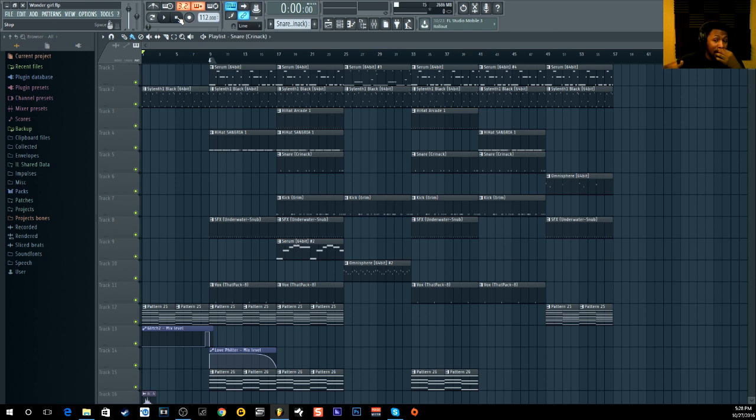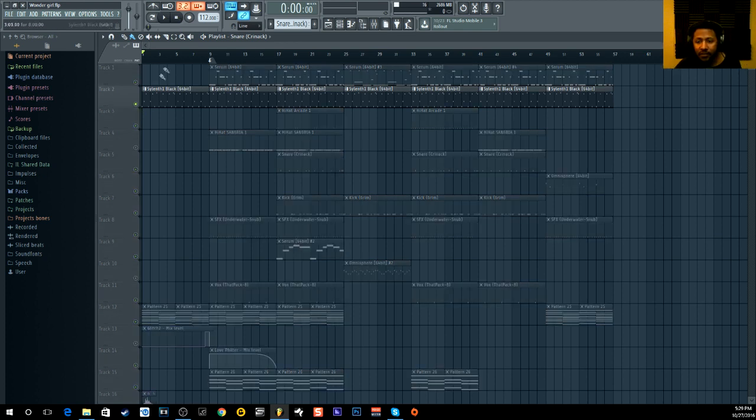Now, one way I like to go about this is picking the 2 most ambient or softest sounds, mainly my main melody. So I always pick my main melody first, right here. That's my main melody, and then I would add something ambient to it. So it'd be a bell, maybe a vocal chant, maybe a background lead, whatever's my ambient noise, I'll add that to this. So in this case, I picked my choir.